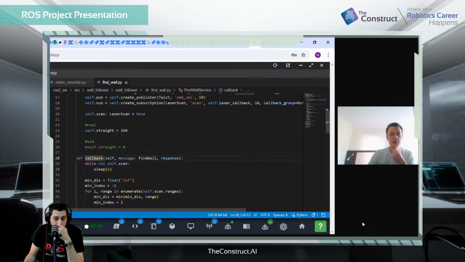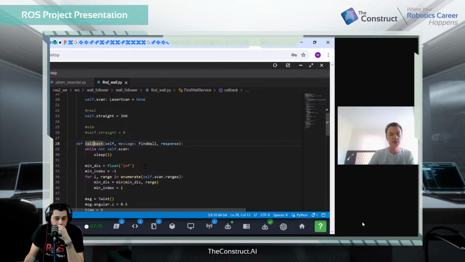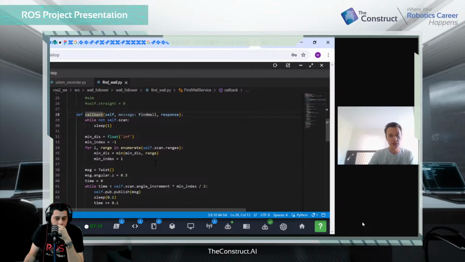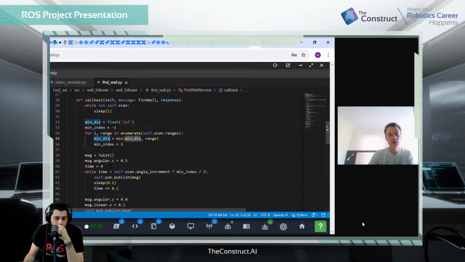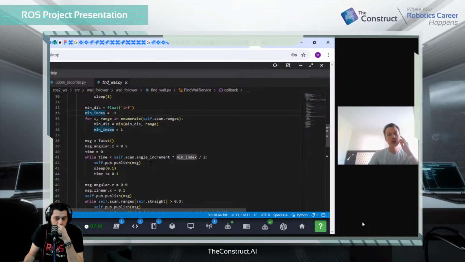Whenever the service is called, it will find the minimal distance in all ranges, and then, this is the index of the reading, it will follow that direction for a certain amount of time. So it is not probably the best implementation. It should probably stop by laser scan. But anyway,